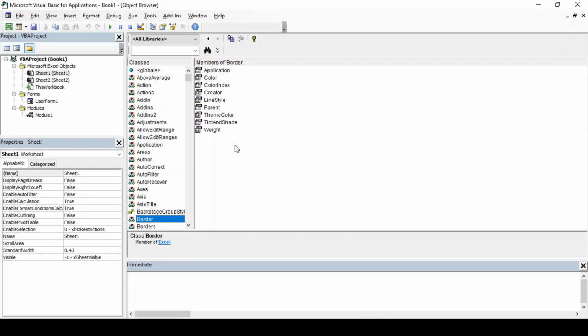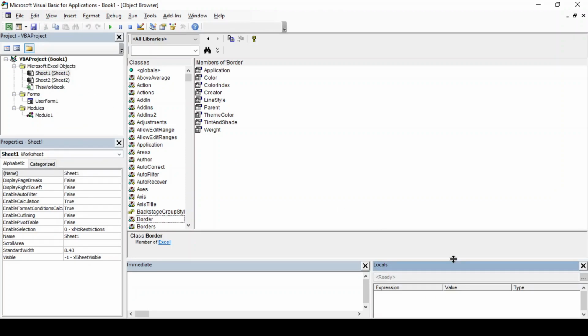Next in VBA UI is locals window. If we want to see the locals window, then we need to go to view and click on locals window. When we click on locals window, the window will automatically attach to the bottom of the VB editor. The locals window is a useful window where we can see the values of all declared variables. This window automatically updates as we debug line by line or from breakpoint to breakpoint. The window has three main columns. Under expression column, it shows the name of the variable. The next column value shows the current value, and type shows the variable data type.